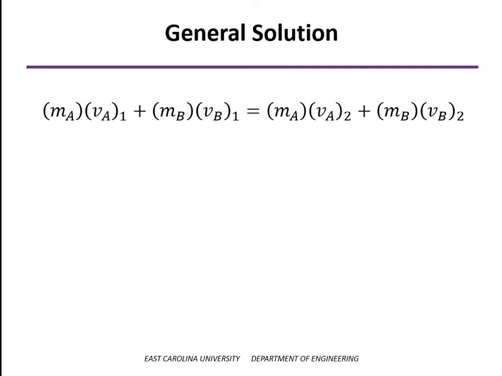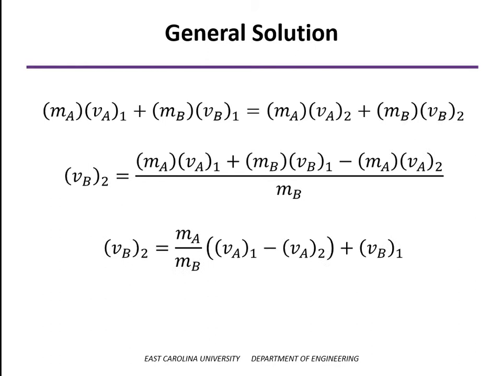Now, we could look at some variations of this problem, but to do so, rather than step through the calculations for each one, let's set that up on a spreadsheet. So let's work the equations out symbolically here. Here's the conservation of momentum. And again, do a little bit of algebra here, manipulating and get that into an equation for the final velocity of B,